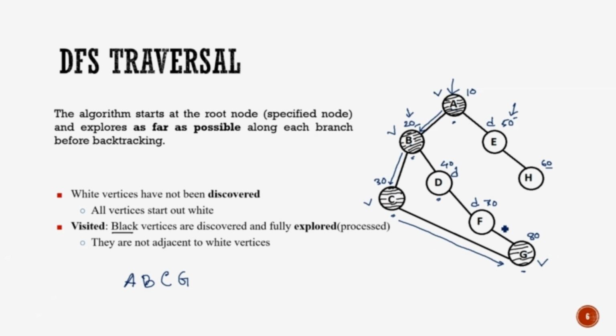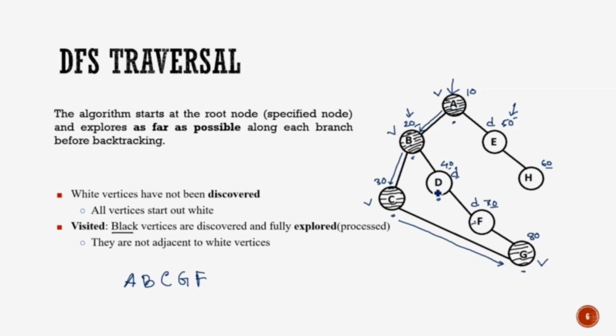Next we move to another node along this path, that is node F. Actually the node at address 70, and we find that the content of this node is F, so we print F. And also we find the adjacent nodes of this node, and we see that the adjacent node is D. So the node at address 40 is adjacent to node 70 also. And we can see that there is a D mark already assigned at node D.